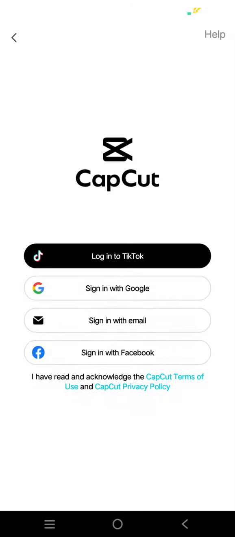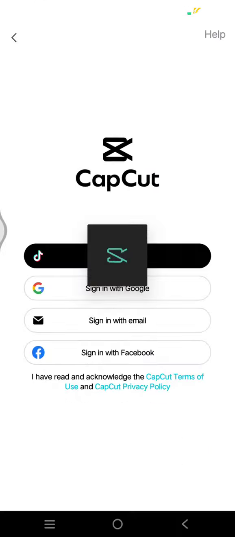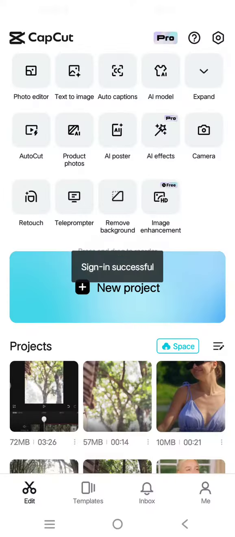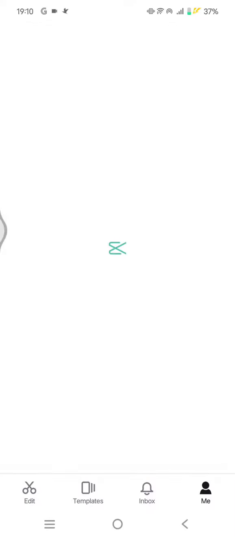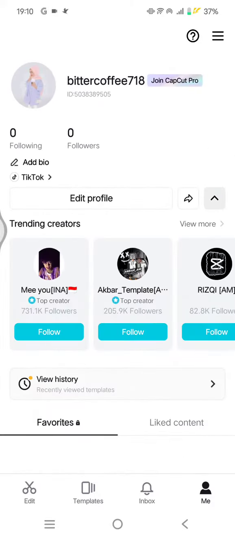So click on login to TikTok, and after that, here, because I already log in into my TikTok account, I just need to authorize CapCut to access to my TikTok account. So just click on authorize and wait. So just like that, the sign in is successful, and now I've already logged in into CapCut with my TikTok